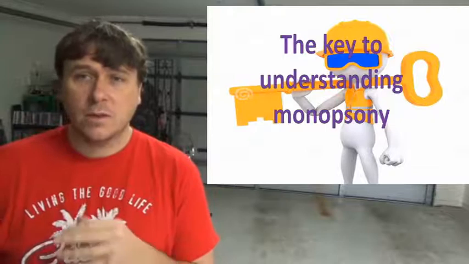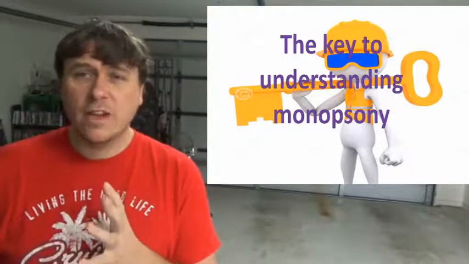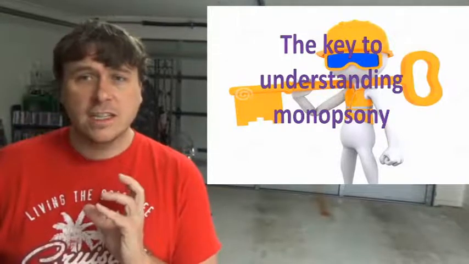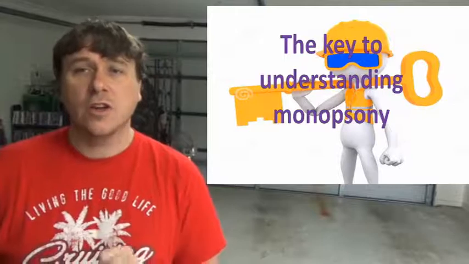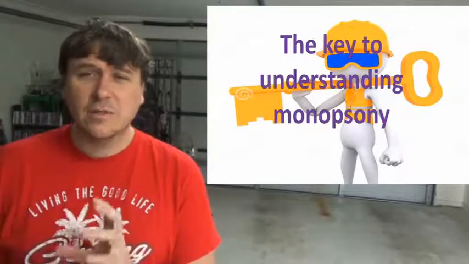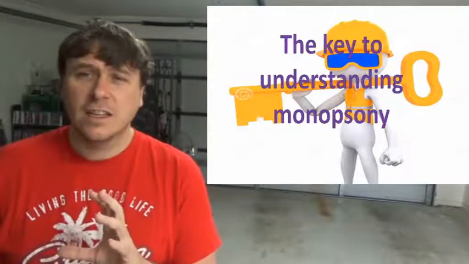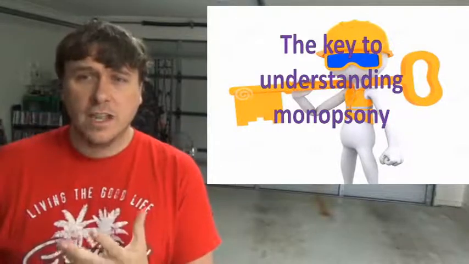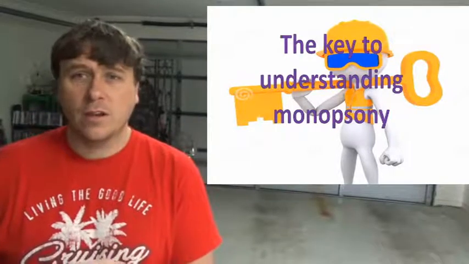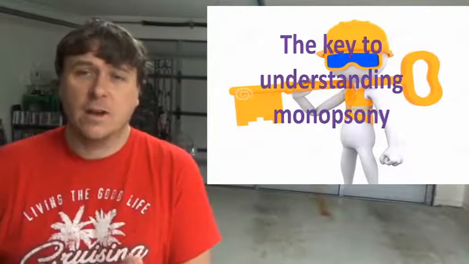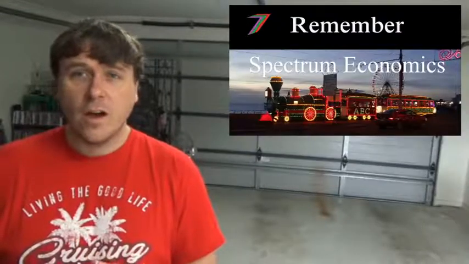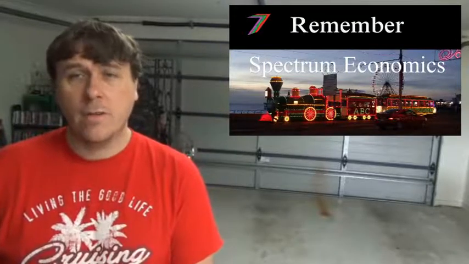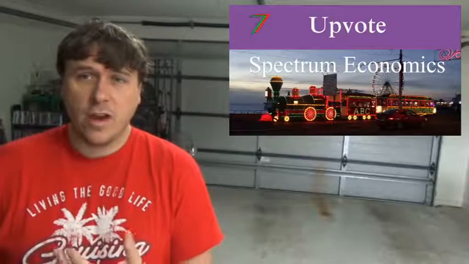And a lot of these key concepts I'm explaining today, I'll not be explaining in my next video. So that's going to be moving a little bit away from the theory, but most of today's theory is actually very relevant to my next video, which is going to be oligopsony, which is very, very similar to monopsony, just that you have several buyers instead of just the one buyer. This is going to apply to Steam, so I'm not going to go too much into theory on that, but I'm going to talk about it in the context of Steam and how it works that way. So anyway, hopefully you enjoyed this video. I'll probably include a link to this video in my next video, so you can come back and look at the theory behind that, because I'm not going to talk too much about theory in my oligopsony video.